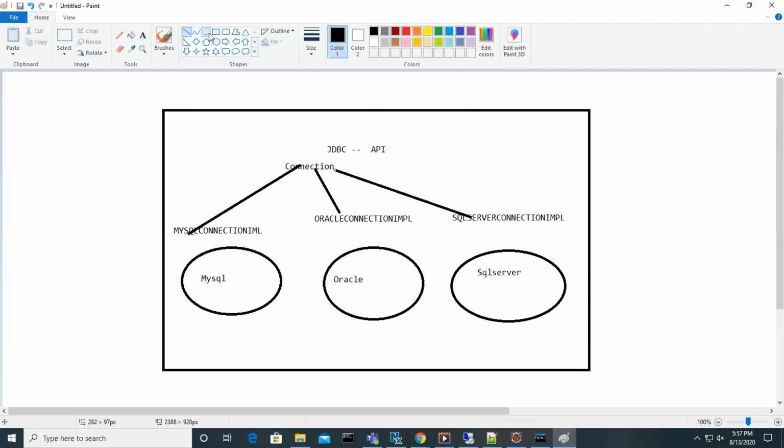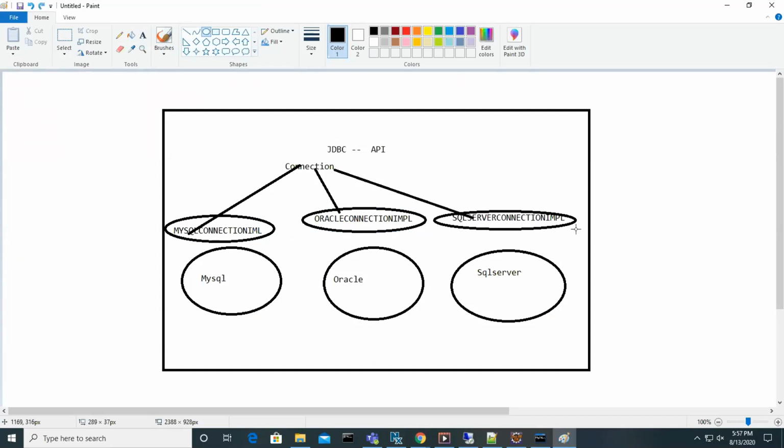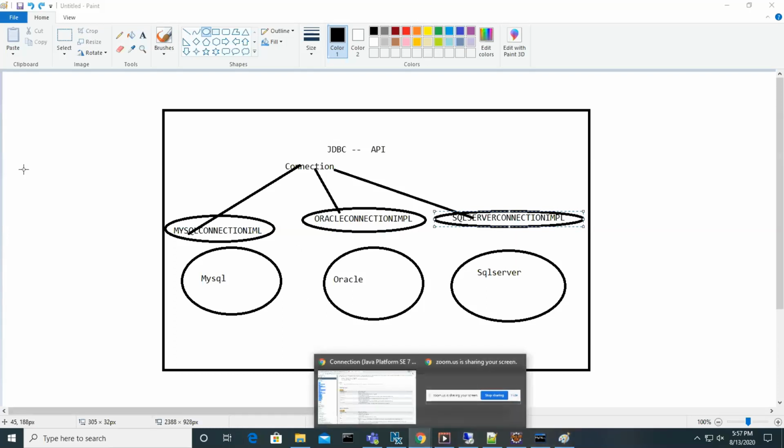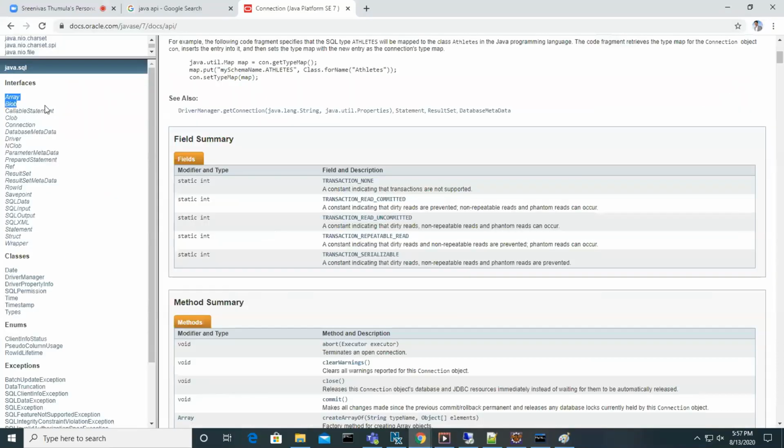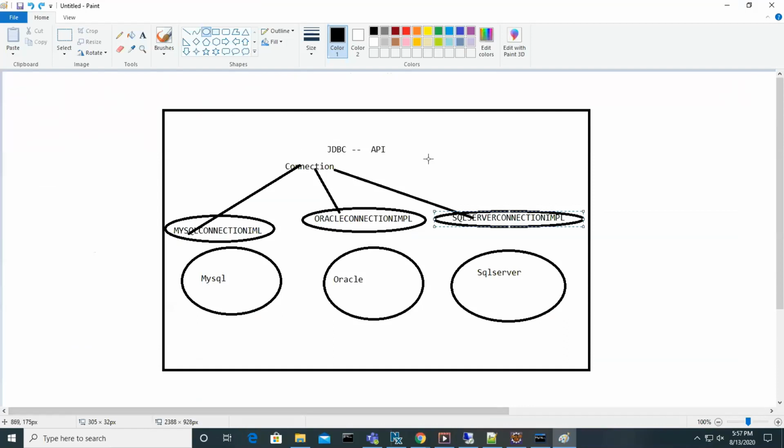This is one implementation, this is another implementation, and this is another. Any database vendor has to implement which interfaces, guys? These interfaces only, java.sql. So these interfaces are nothing but the JDBC API. Everybody is doing the implementation for this API.